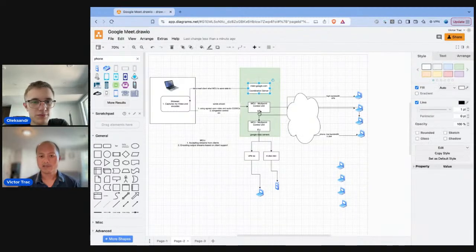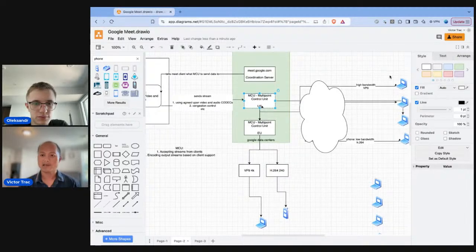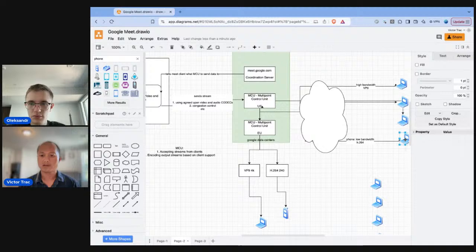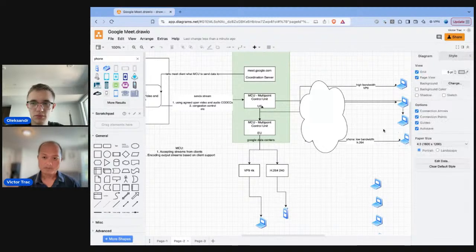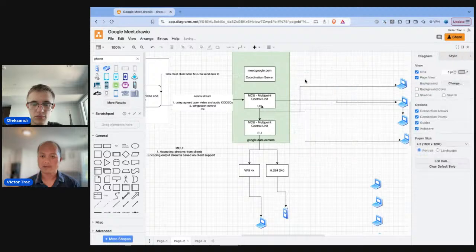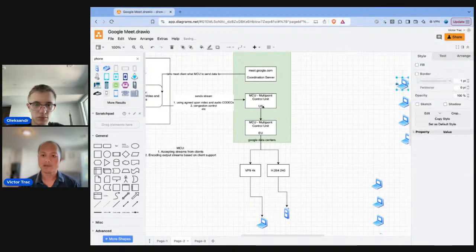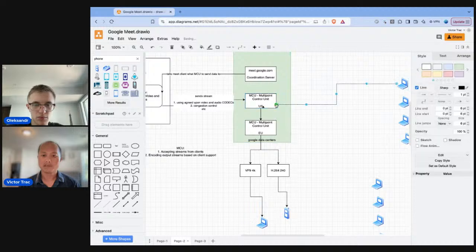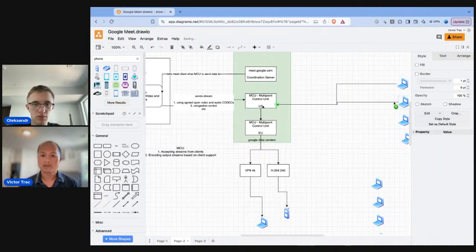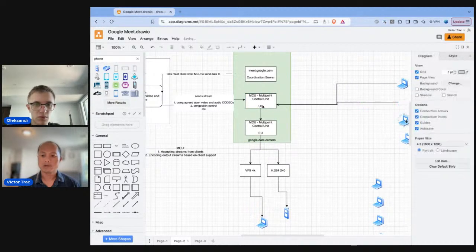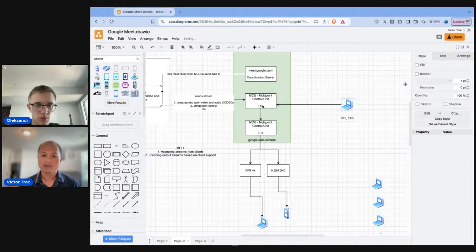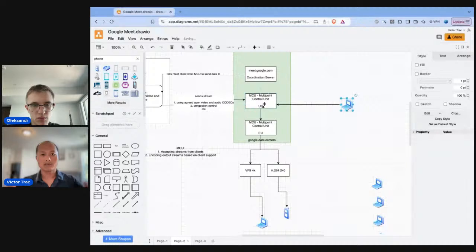So the coordination server and the MCUs all tell the clients, each one of these things is running the Meet client, and they're also all sending their streams in. They're sending it into this MCU as well, right? And so the MCU is constantly